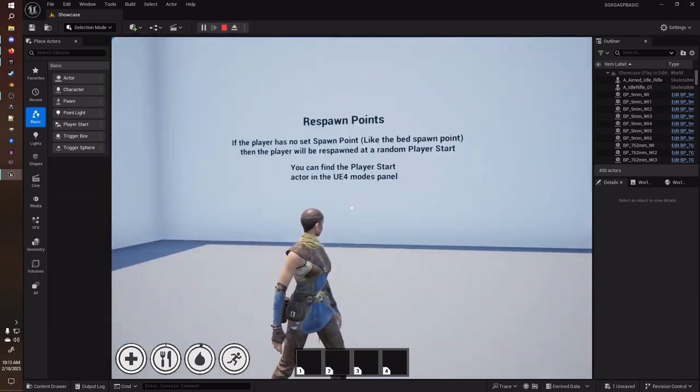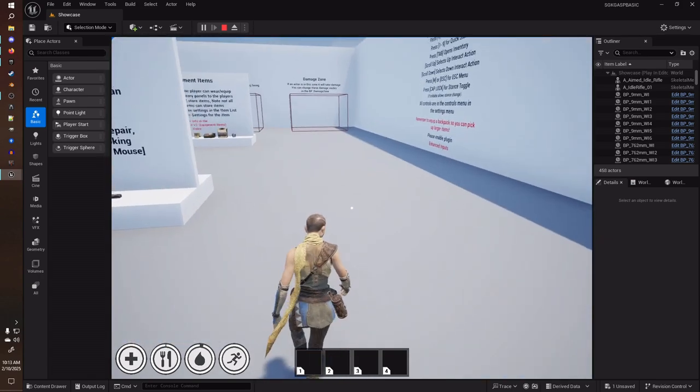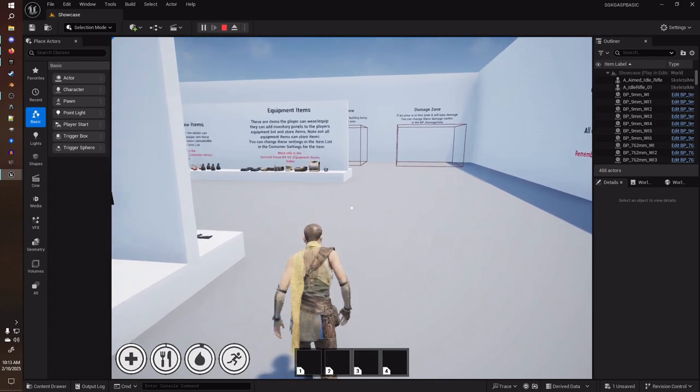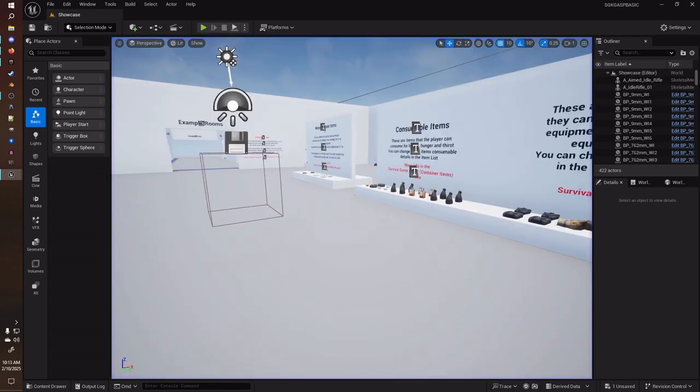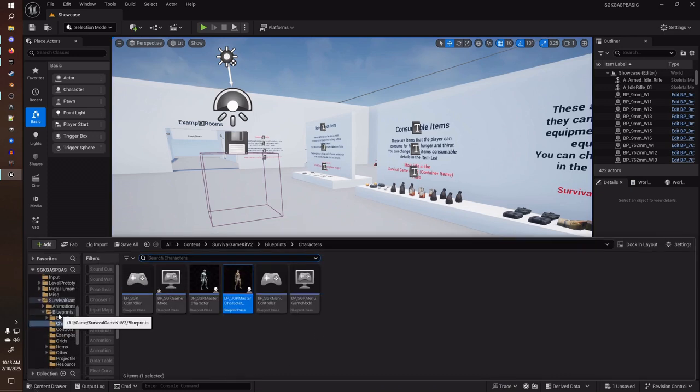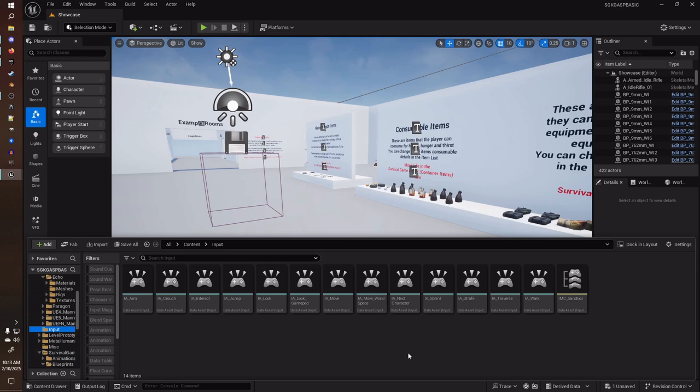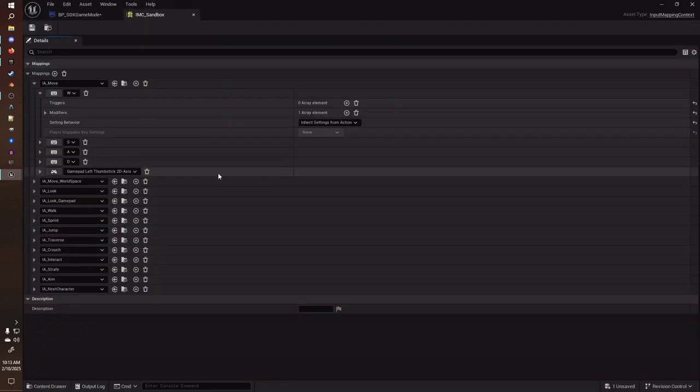Oh, we don't have any of this other stuff, camera or anything like that set up, so there's no way to pick up anything, do anything like that yet. So let's go ahead and do that real quick. What we'll do is we'll just go into our new inputs here for now. You can set this up how you want later, whatever. You could either